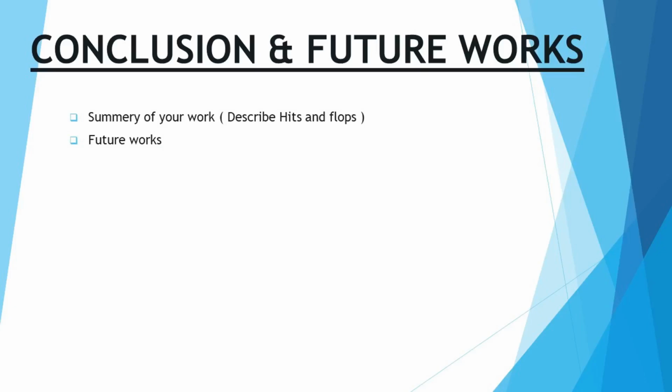And finally, you can write a small conclusion, like now if there are 4 objectives in your final year project report, you can write I successfully completed these 4 objectives, therefore it is a successful project